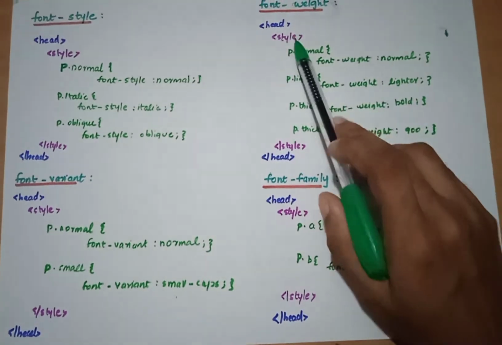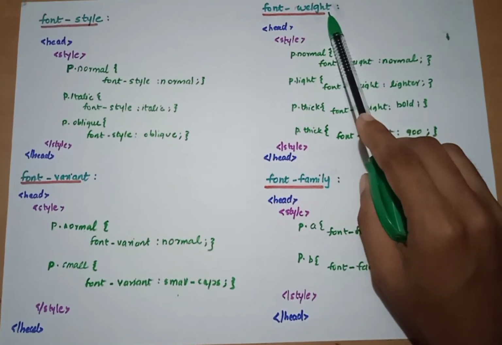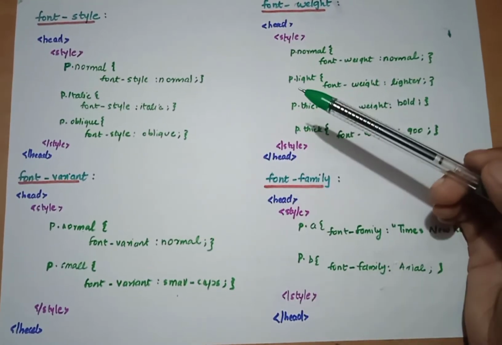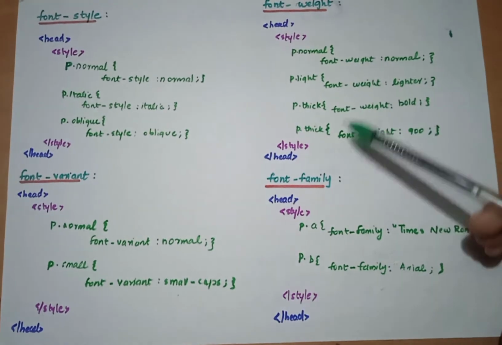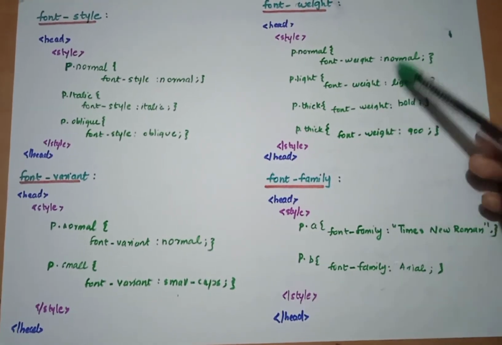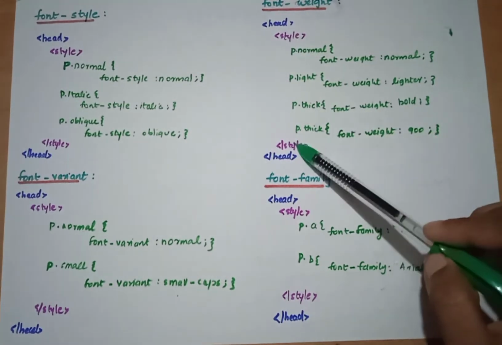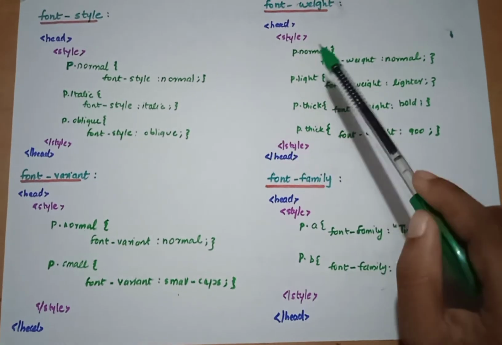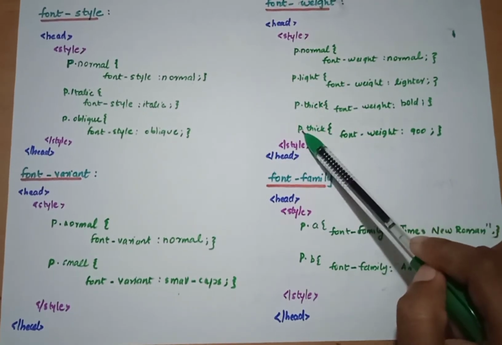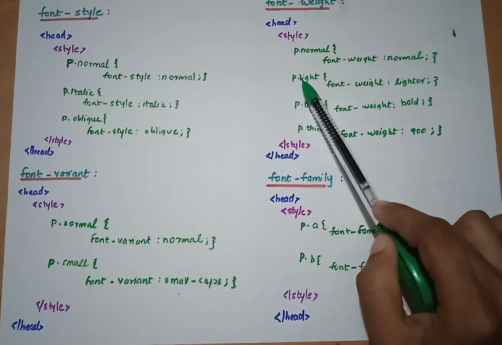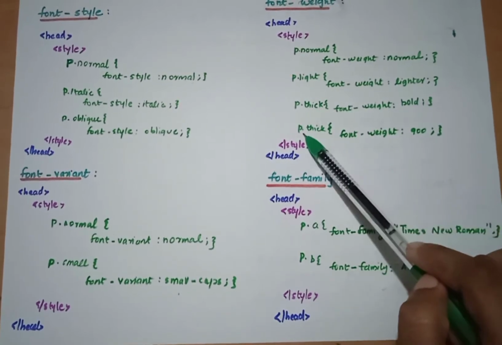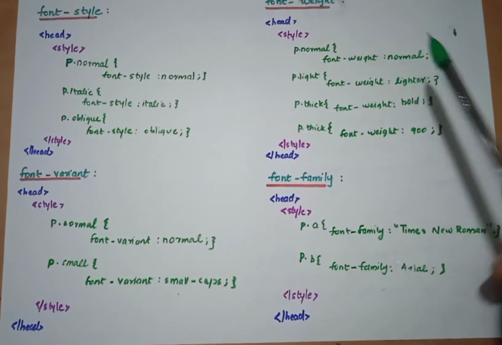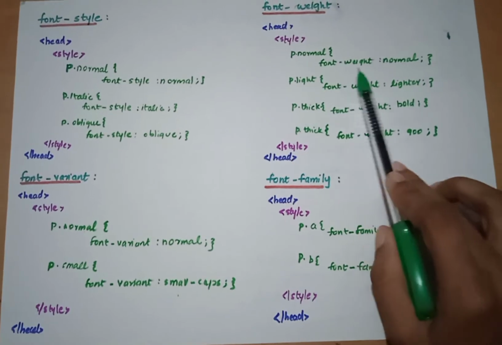Okay, so the next one is font weight. As we have already talked about size, style, variant, and another one is weight. Somewhat like this, but it also has a different impact on our page. Let's see how this is done. We wrote our code for this font weight inside the style itself. Here also we used our class selector. I have normal, light, thick, etc. as some of my class names. So let's see how these are all defined and what different values font weight can have.